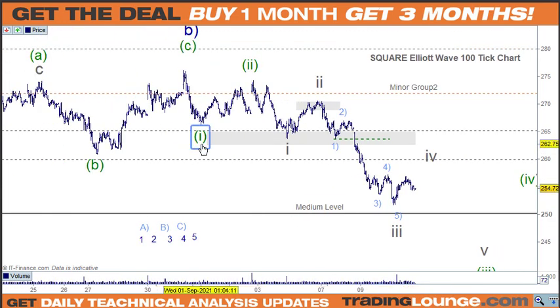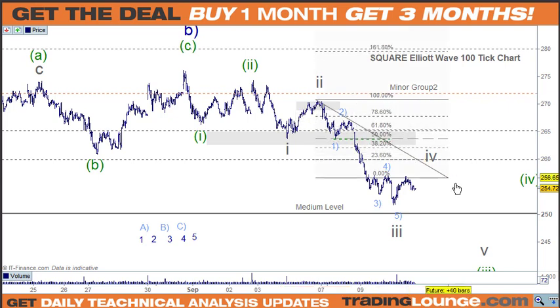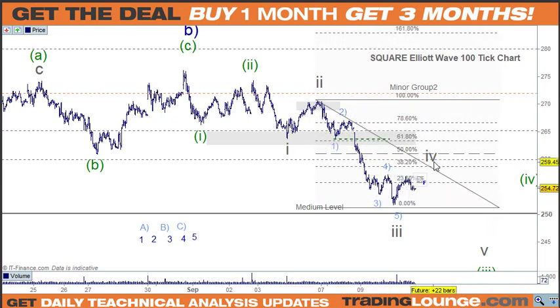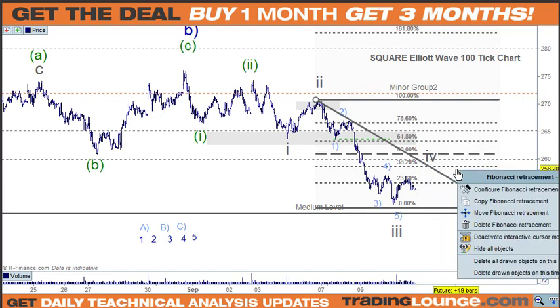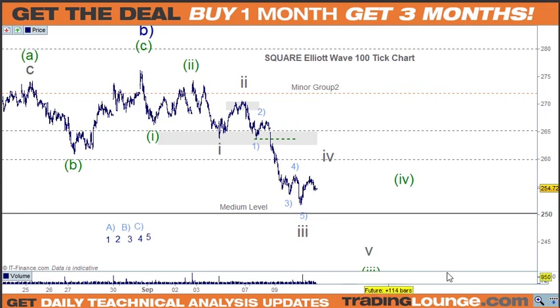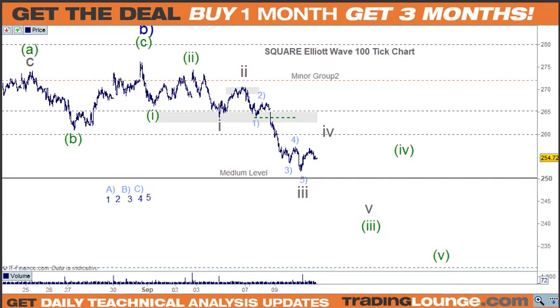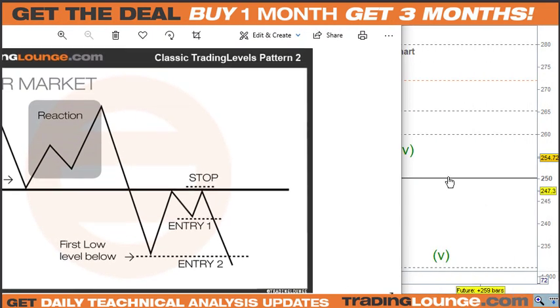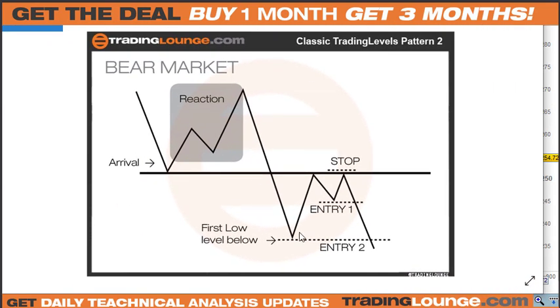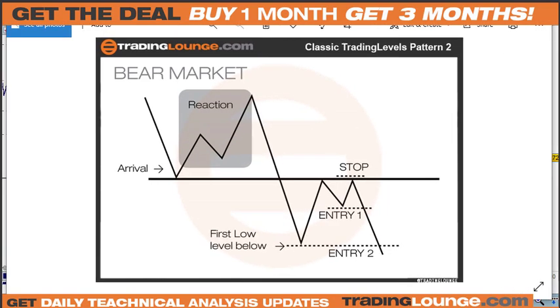So I've labeled it wave 1 here and 2 here, and then 1 and 2 here, and 5 waves down through here. I may need to put wave 4 here. I'll need to just go back over this little move in through here. I haven't spent much time on it, but either way, this is the ball bouncing at the moment, so to speak, on that level. So we can look for a 38.2% retracement level basically here, and then moving down lower. So we're going to see this pattern here across the 250 here. Well, it won't be quite this pattern. It probably will come back up above the level and then come back down.